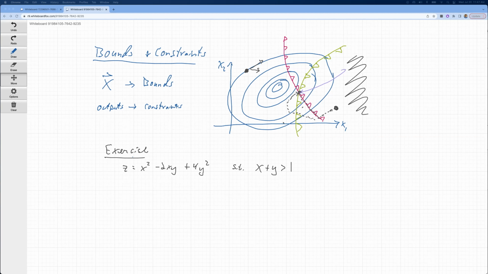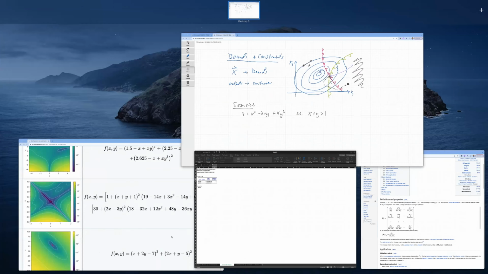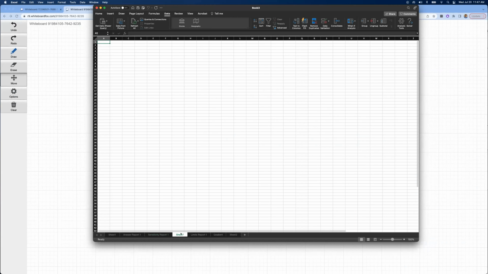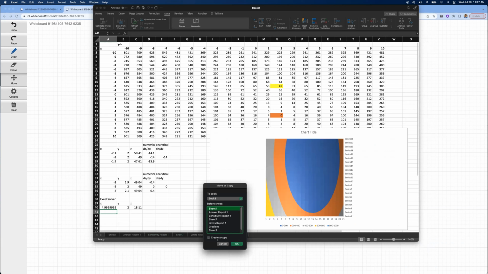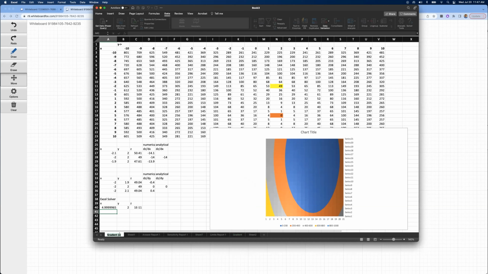So let's just work through this together. So here's Excel. I'm going to start a new spreadsheet here, and actually, I think what I'll do is make a copy of this. Create a copy. So I'm getting a lot of sheets down here that are a little messy, but okay. So here's our constraint example, and the equation that we want to look at is x squared.